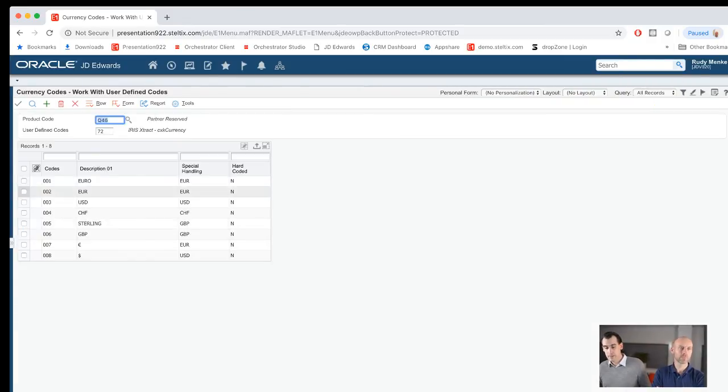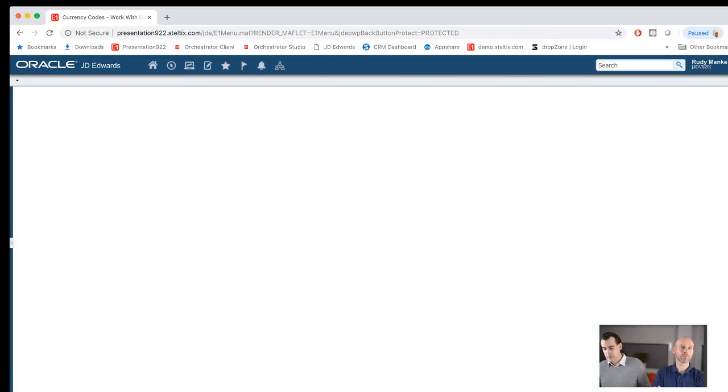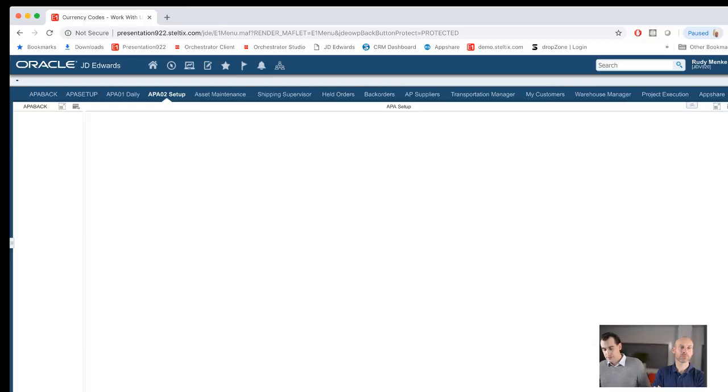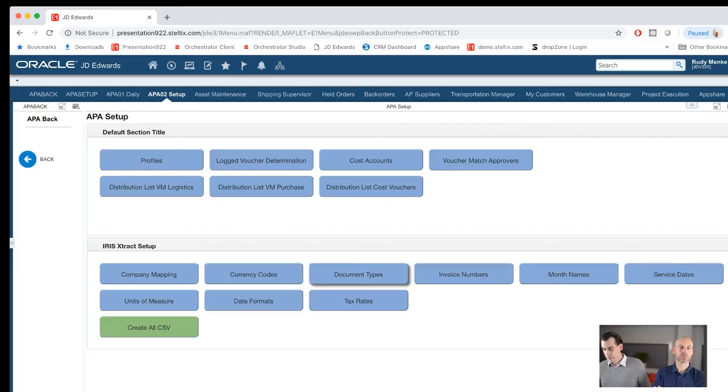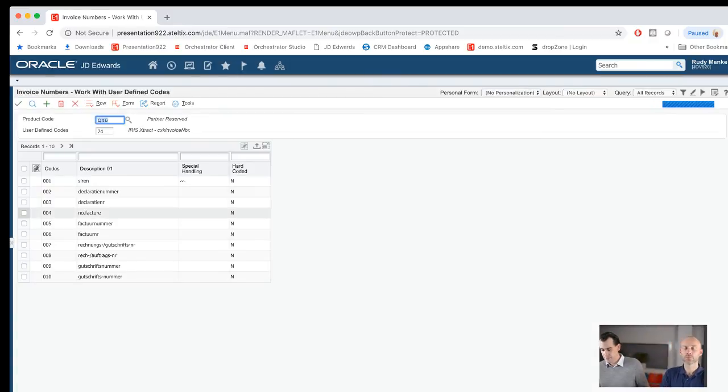A euro can be distinguished as euro or a UR or the character string. The same is applicable for invoice numbers. In this case, we have several types that Iris can verify and say, hey, if it's a Rechnungsnummer, then I understand that I have to look for an invoice number, and it's mapped more or less there, and I have to get the information there.